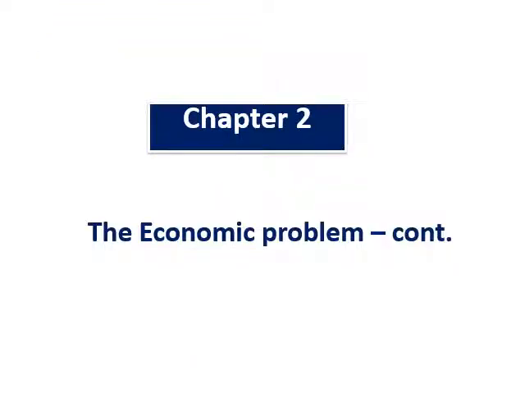Last week we started Chapter 2 and discussed the Production Possibility Frontier, or the PPF, and explained the idea of the trade-off that appears along the curve. The trade-off means that to increase the production of a certain commodity, we must give up some of the other commodity. We also explained the meaning of opportunity cost and how we can use the PPF to compute it. We have also used the PPF to explain the idea of production efficiency,